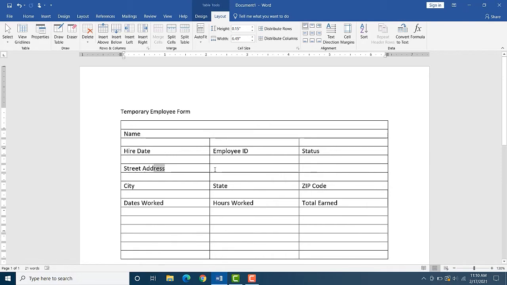We also need to do that here for street address, merge cells, and the line above street address where the information will actually go. All right. Now, as I mentioned down at the bottom, we do have room for dates worked, hours worked, total earned. But if I really want to know the total earned, I'd also need to know how much they're making per hour. Maybe that's assumed, maybe that's going to change day by day, and so we would need to be able